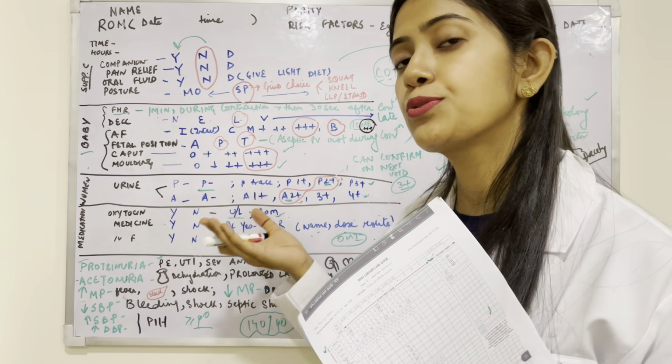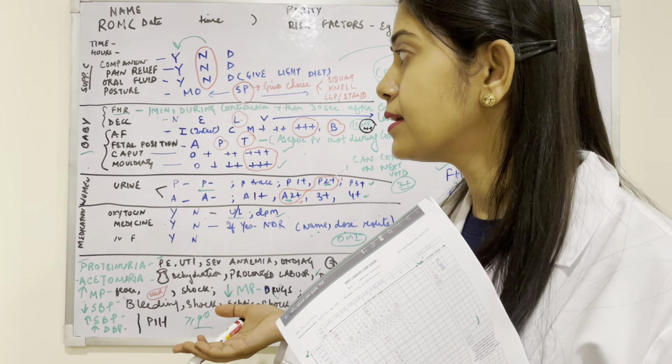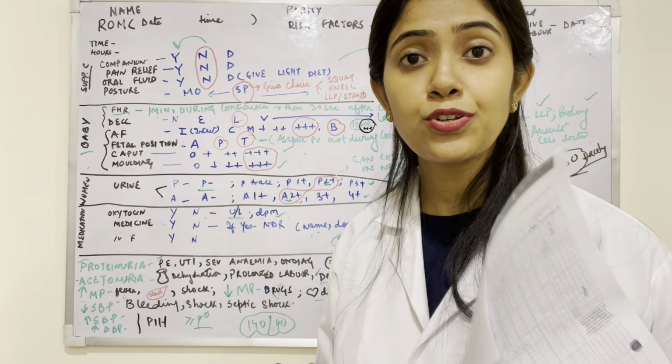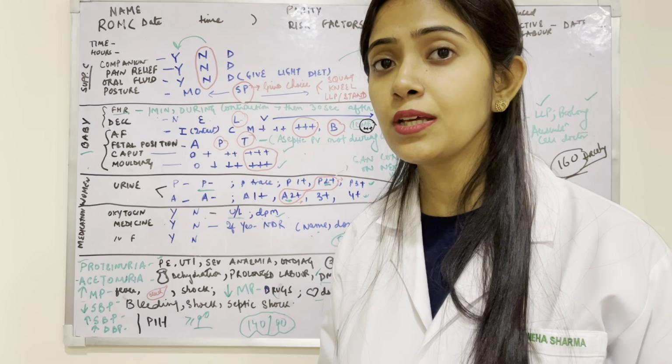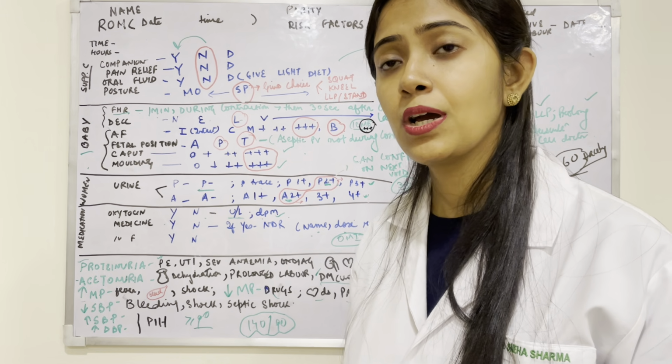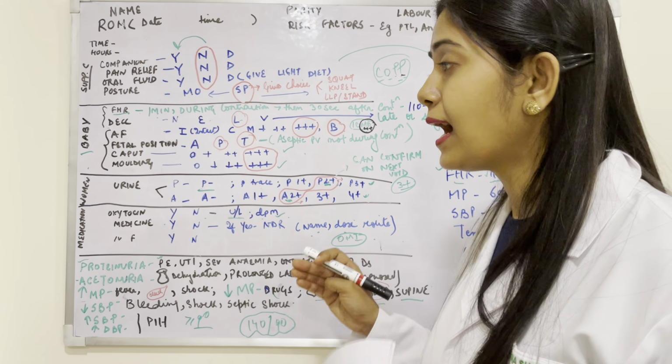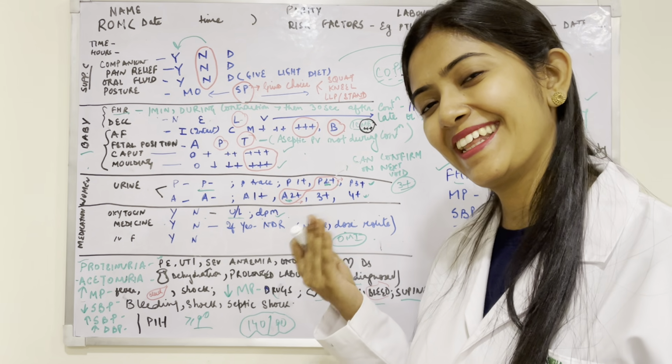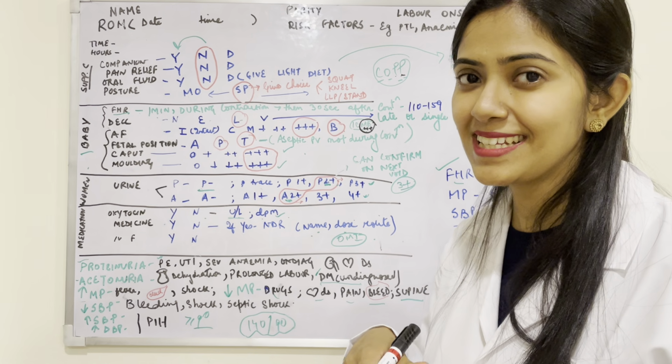Now we come to the mother. Now for the mother, we have to assess a lot of things, because if she is okay, then only we can expect the baby to be okay. So her vitals are very important. Okay, so we have to know the upper limit and again the lower limit of her vitals, the normal range